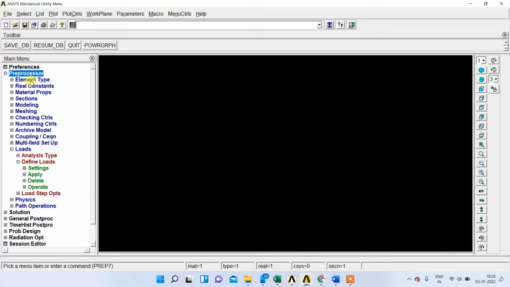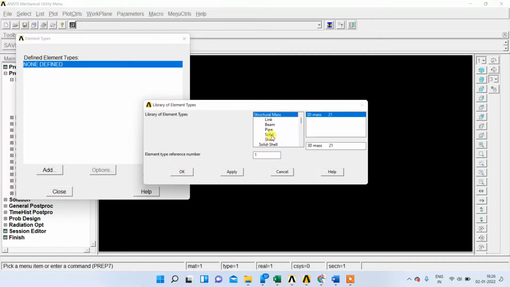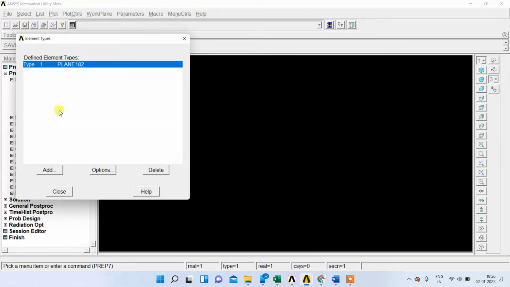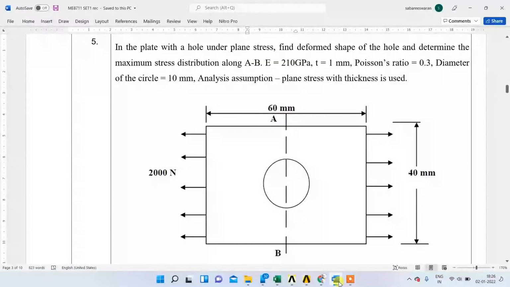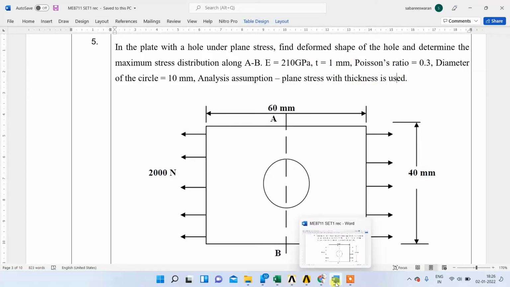So go to preprocessor, element type, add, delete, add solid quad 4 node 182 element. So check the problem statement. So here they mentioned the plane stress with the thickness is used and also they have given the thickness equal to 1 mm. In plane stress condition the thickness is negligible, but here we are going to include the thickness so that